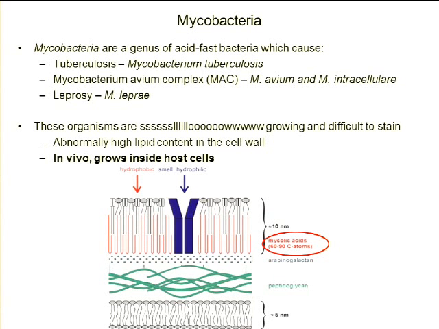And again, I want you to keep this in mind here. This is kind of the big deal. This is why these are difficult to treat due to this mycolic acid layer. The arabinogalactans are essentially attached to the mycolic acid layer, so they keep the mycolic acid layer in place, if you will. And so you get these attached to the peptidoglycans, and this whole system kind of stays in place by attaching to each other. So we're going to talk about these mycolic acids in depth. There's one drug that affects arabinogalactans, so we'll talk about that drug as well. So these will be drug targets.